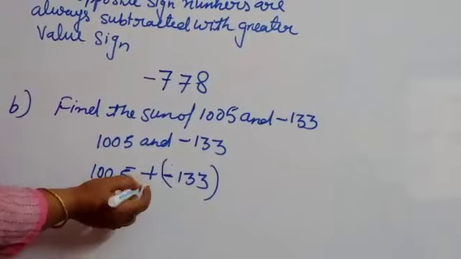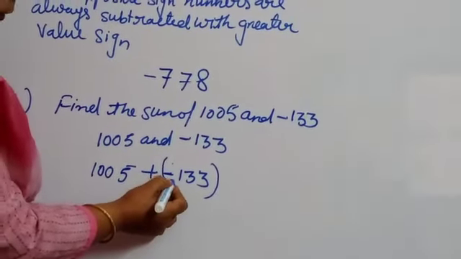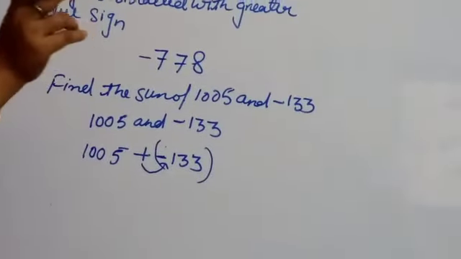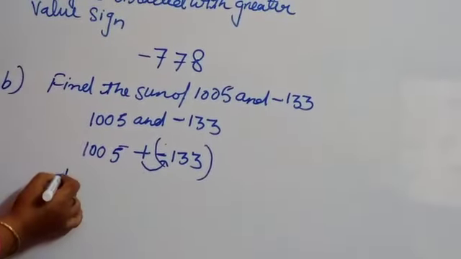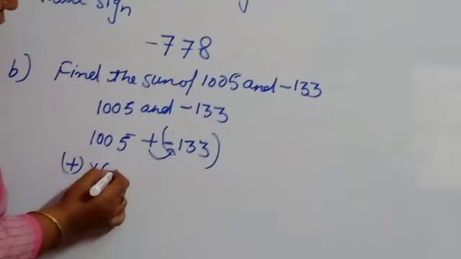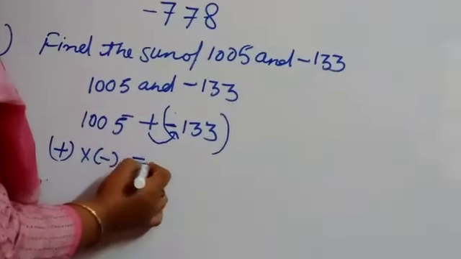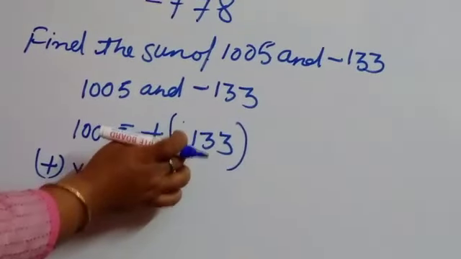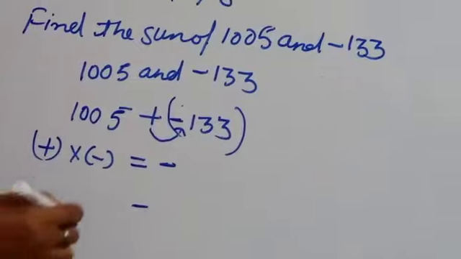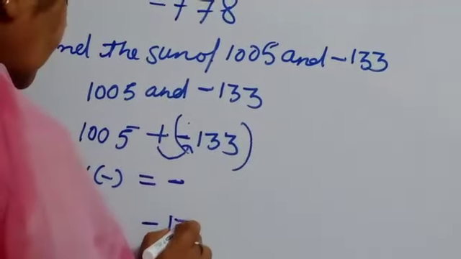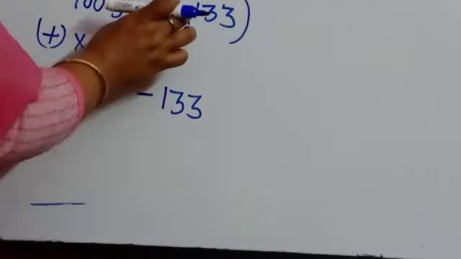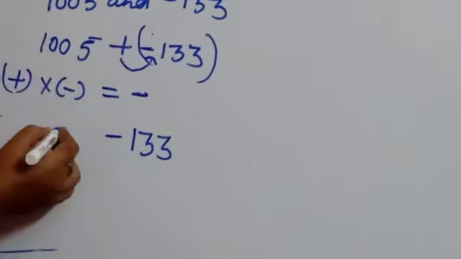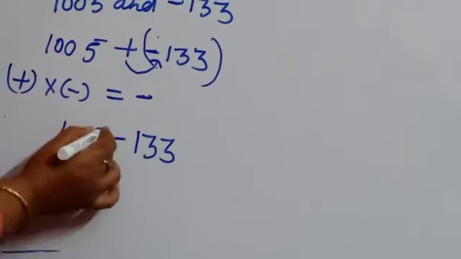Now see that first of all here two signs are coming together. Which rule of multiplication of integers will be applied? See, plus into minus. In the second part I taught you this one also. Plus into minus is always minus. So whatever result we have decided, in place of these two signs minus will come. Okay. Now 133, because now these two signs have combined, the resultant sign will be minus, and here 1005. And now this is simple subtraction.